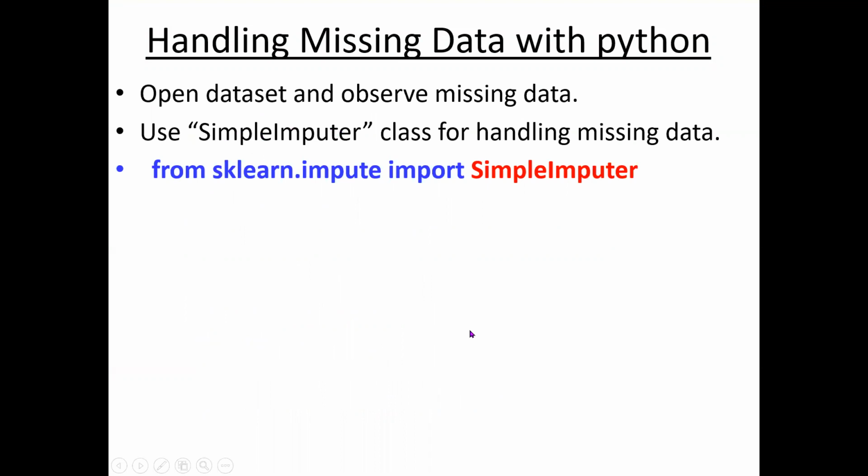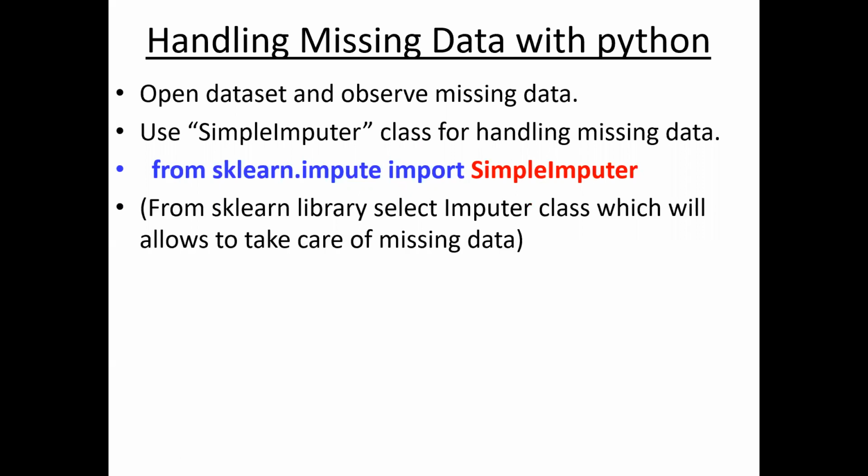So a particular class is provided for handling your missing data. And as I showed you in the earlier video, how to import a package by using import, there is also another way to import a package, that is by using from. So if you use from some package, import sub package, that is the syntax. So from sklearn.impute, we are importing SimpleImputer, which is used for handling missing values. So this sklearn library is used.